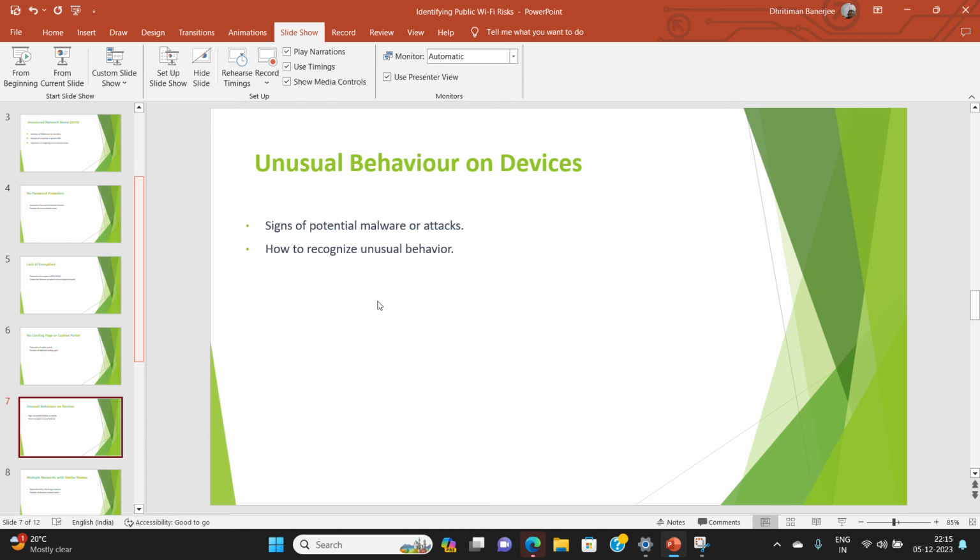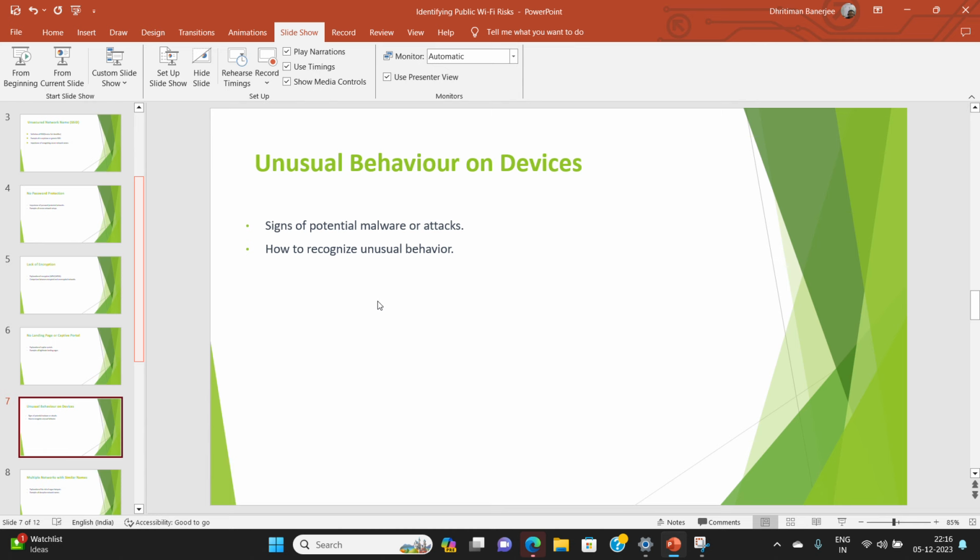When you connect to an SSID or a public Wi-Fi network, there might be pop-ups coming, and unusual network traffic patterns. That can also be a signal.